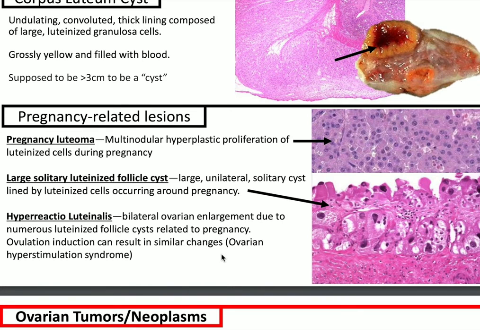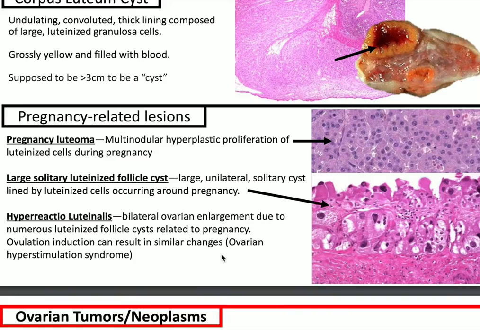Pregnancy-related lesions. You have your pregnancy luteoma, which is multinodular hyperplastic proliferation of luteinized cells during pregnancy. Large solitary luteinized follicle cysts, which are large unilateral solitary cysts lined by luteinized cells occurring around pregnancy, and hyperreactio luteinalis. This is bilateral ovarian enlargement due to numerous luteinized follicle cysts related to pregnancy, and ovarian induction can result